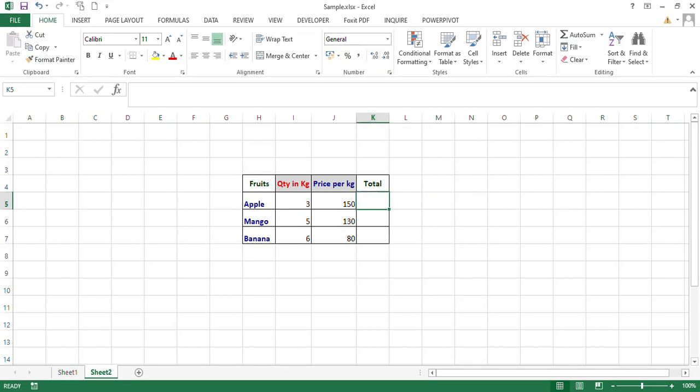For example, in this case, we have fruits, quantity in kg and price per kg. So what is the easy way to calculate the cost of the product? Quantity multiplied by price. So here, apart from the normal formula, what you can do is go to the formula bar